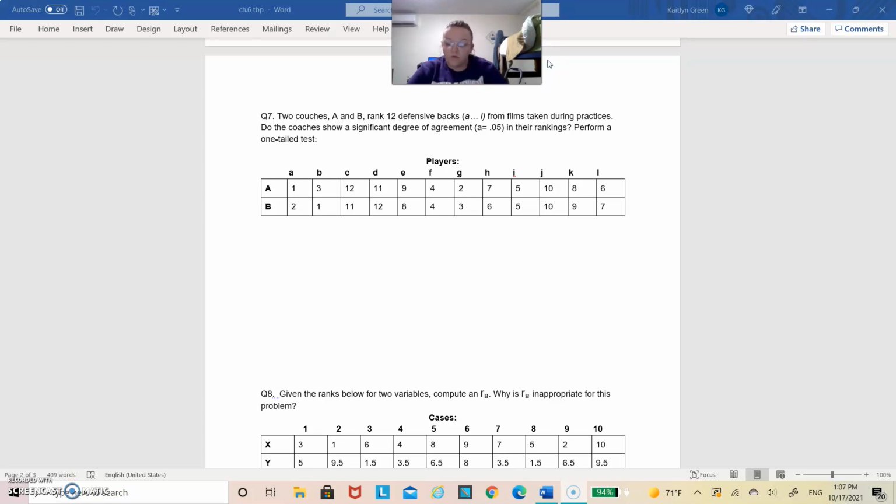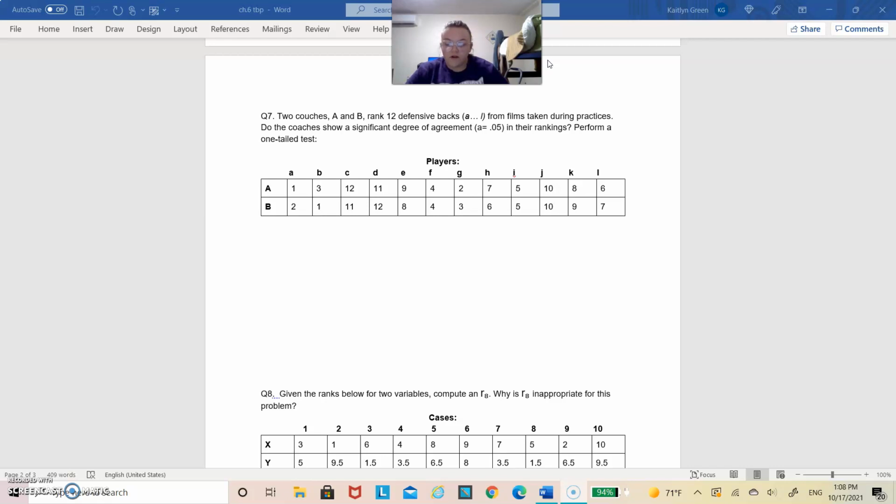And so we'll have 1 minus, you put in parentheses, 6 times the sum of di squared divided by n to the third power minus n. So we end up getting an equation that says 1 minus 6 times 12 divided by 12 cubed minus